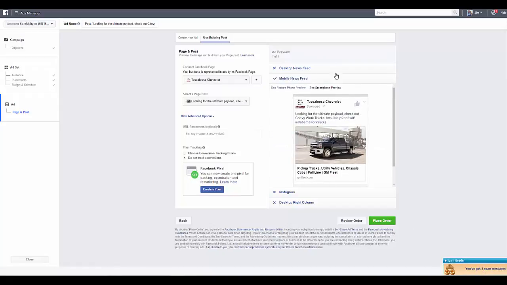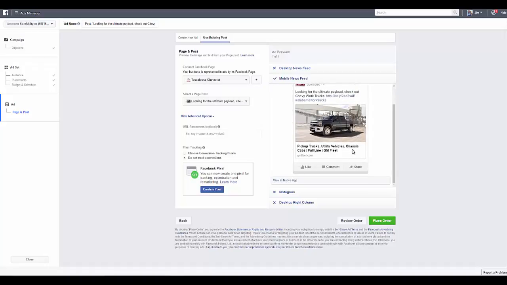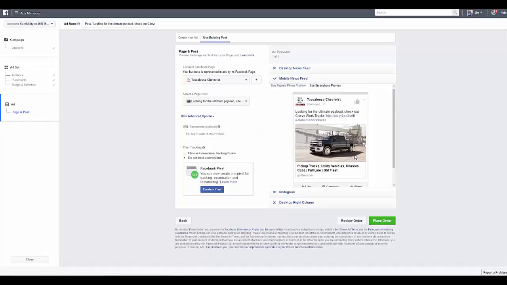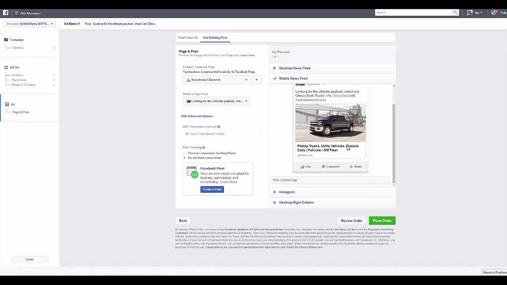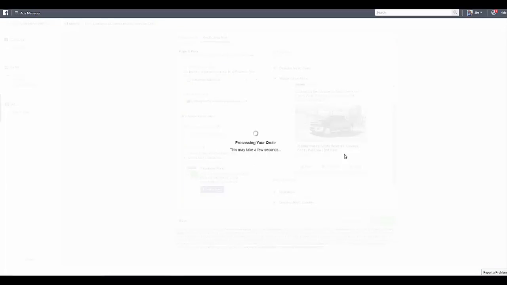So on the right here, this is the ad preview. You can see we don't have desktop, Instagram, and right column selected, but we just have mobile. So this is how your mobile ad will actually show on Facebook. So we actually have the like button. We have a URL that we used in the bit.ly shortened URL. And we've even added some hashtags in this post. So we're going to just select place order,